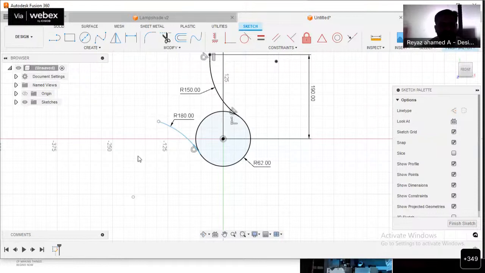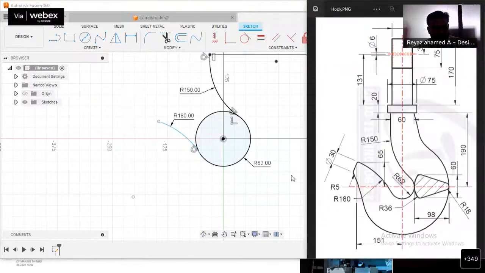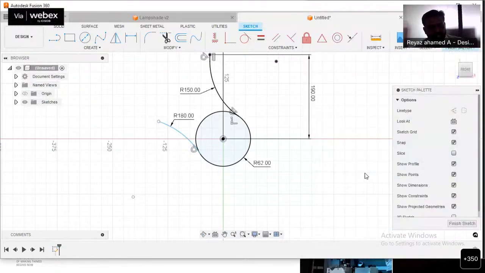Okay. So after that, give some other dimensions, which are not yet given. What are the dimensions? See, from the center to this end point, the height may be 65 mm, and from the center to the same end point, the distance may be 151. This may be called the horizontal distance, and this may be called the vertical distance. So let us give them in such a way.